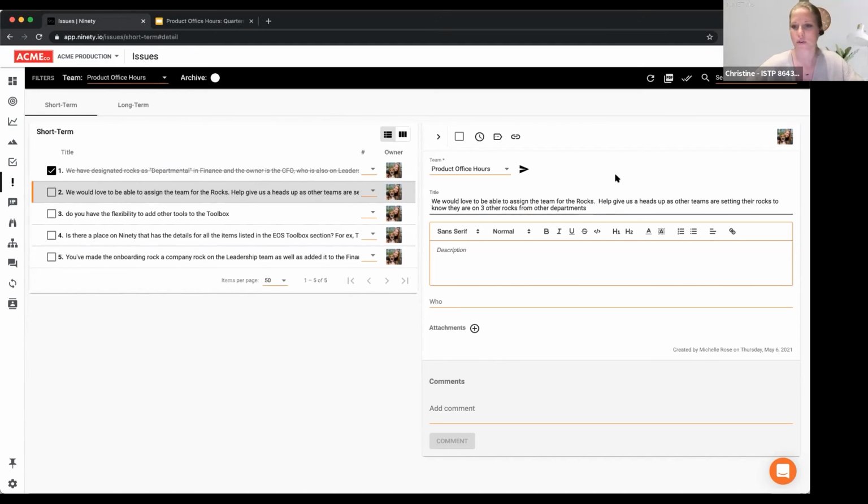Yeah, I love the idea of notifications. I know for us, we typically go through our company rocks at the state of the company. So there is that full team awareness around those. But then when you get into individual rocks, it's primarily the owner who's responsible for communicating with the team who's going to be involved in the completion of their rock. So this probably gets into that a little bit. Rather than having an instant notification go out when something's assigned, which is definitely something we'd look forward to in the future for instant notifications too.